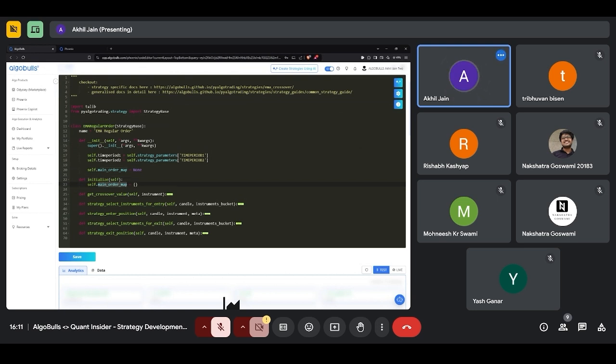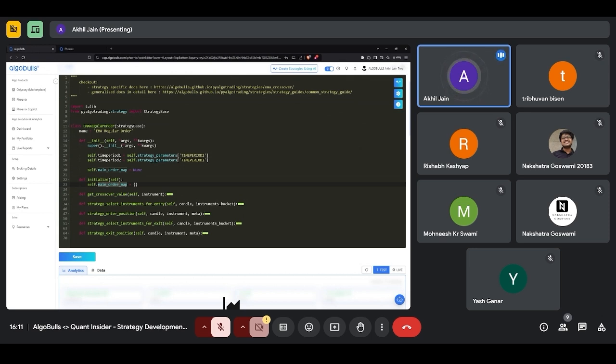That's all this means. So I'll just repeat. The init method is used to accept any parameters that we want from outside, as well as start our variables, just mention our variables. And initialize is used for cleaning up, because we are back testing for several days. So we need to clean it up at the start of every day.